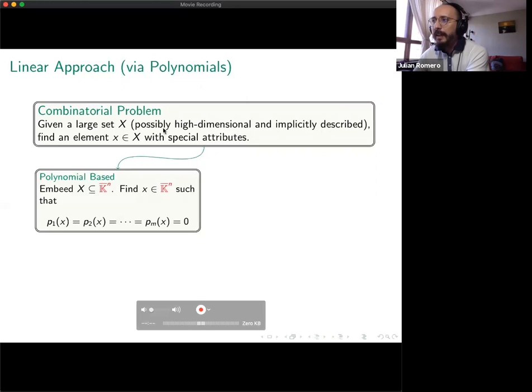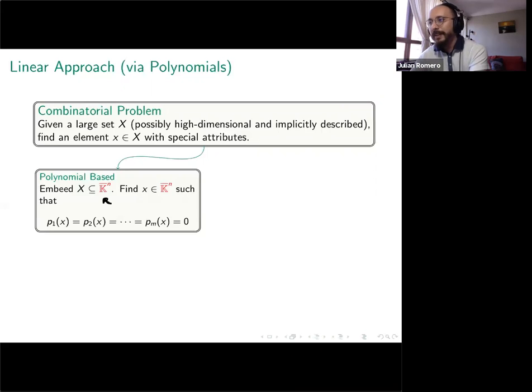Here, this K over here is a closed algebraic field, otherwise I cannot do the approach that I'm doing, which can be, like I said, the complex numbers. So you can think of the complex numbers if you don't know what that is. Okay, so for instance,